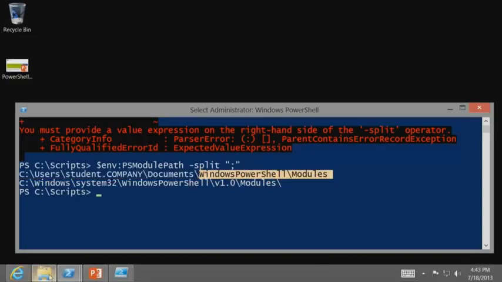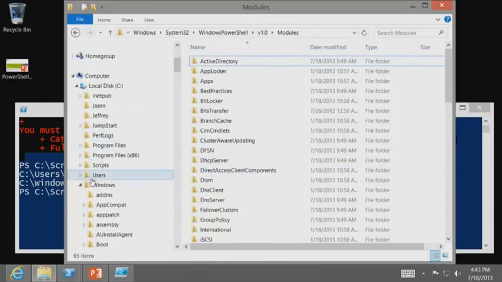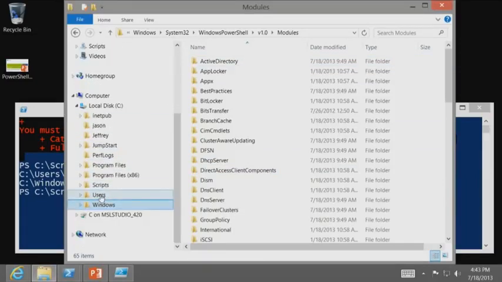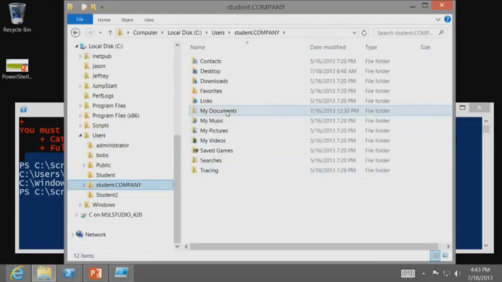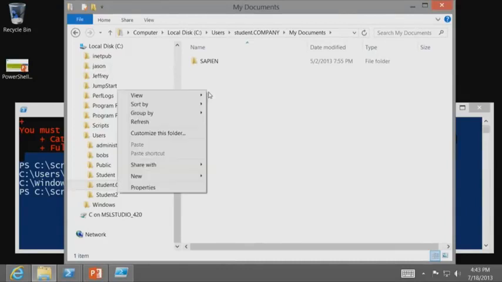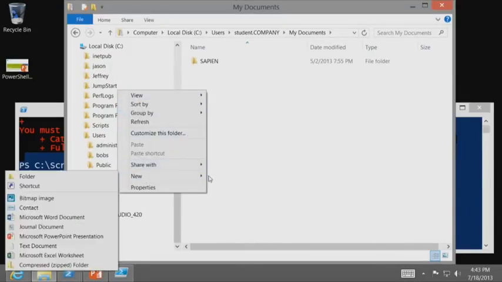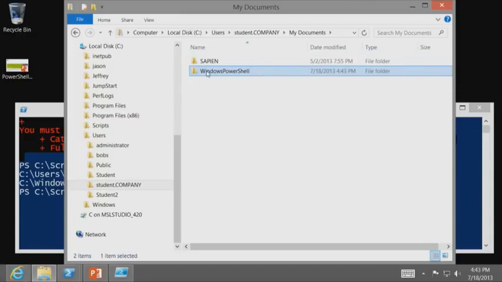Let me show you graphically. I'm going to go out here to Users, and then to my account, and through my documents. You see, there's no folder called Windows PowerShell, and there's nothing called Modules. So you will need to make it. I know I'm making it graphically just because I happen to be here, but you can do it with PowerShell, of course. Windows PowerShell, and then underneath it, you make